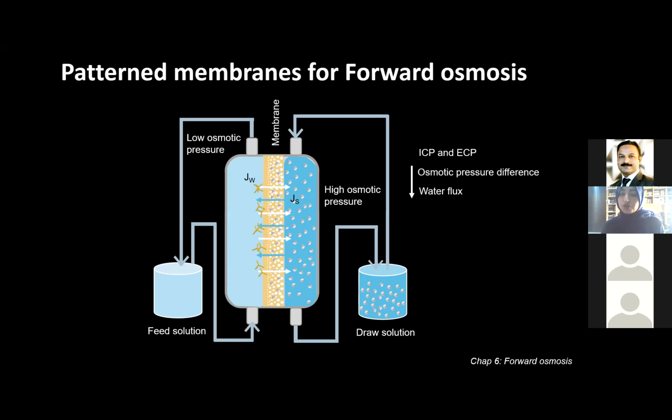This concentration polarization can be internal and also external, and this actually reduces the osmotic pressure difference, which affects the water flux, because the water flux in forward osmosis is mainly because of this difference in the osmotic pressure. Therefore, in this